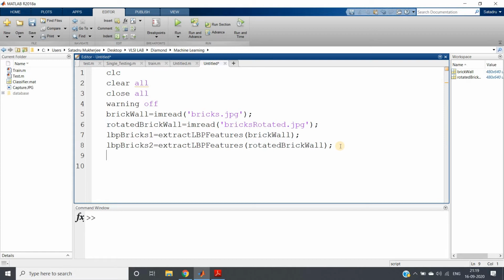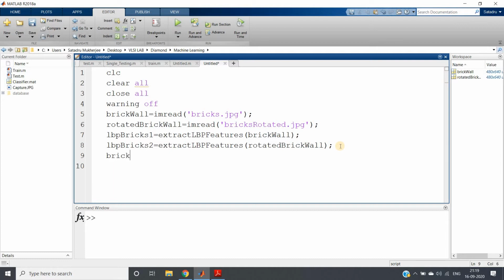We have extracted the features, but in machine learning, suppose you want to apply some classifier. These two images, one the texture of a brick wall and the other its rotated version, have the same source, so they should be classified as the same. How are we going to classify? Feature extraction is done, and then we can compare, and the comparison is based on squared error. I hope we have studied mean square error. Here we are going to check squared error.